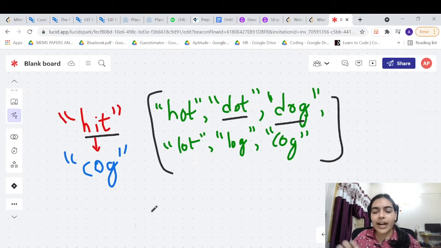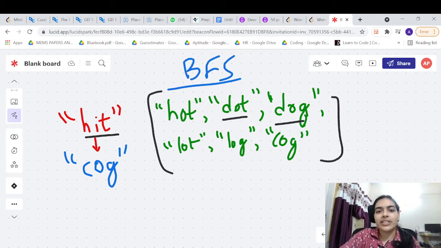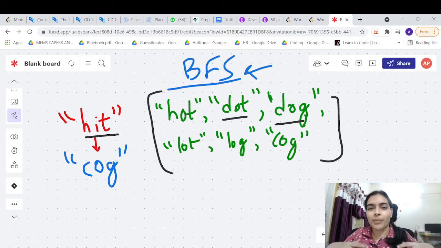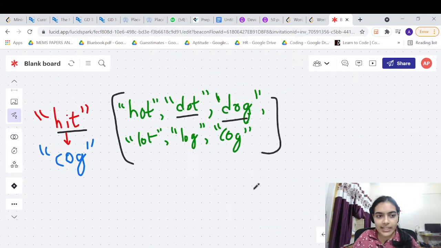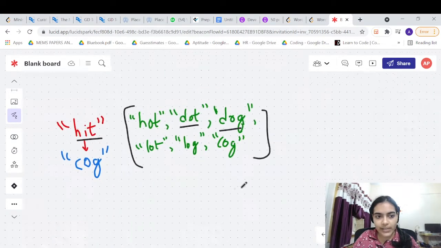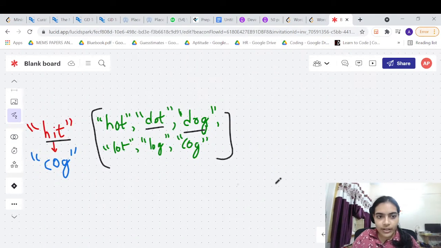So this is simply an undirected graph. For an undirected graph, what is the shortest path algorithm? It is simply breadth first search. Very easy. You do not have to remember any complex algorithm. The simple algorithm is breadth first search. Let me keep this example here in short so that it's always visible to us.